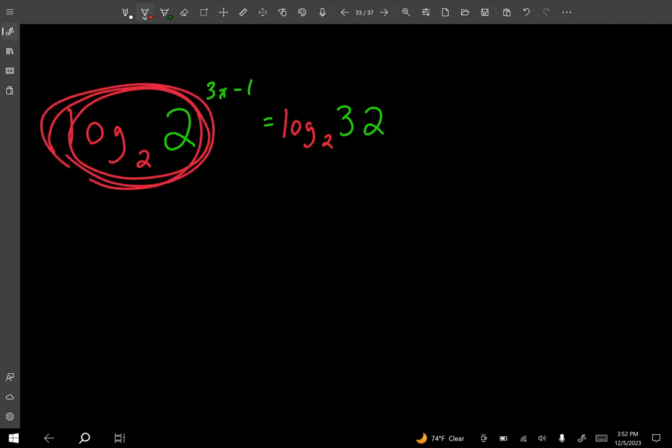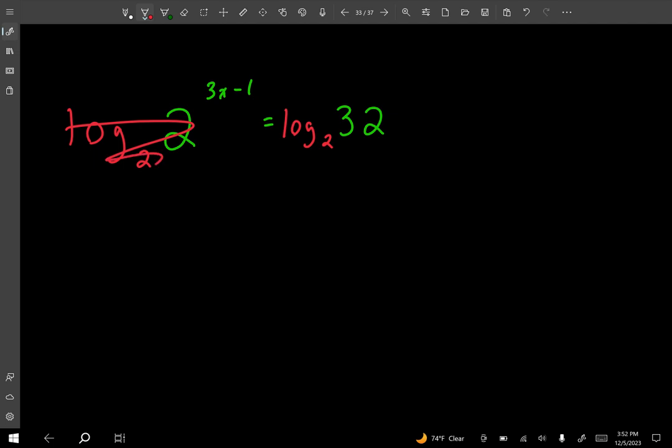Right? All that's gone. So we're going to cancel all this out. Gone. And what's left is just what's up in the exponent. So this is what's remaining. So I'm just going to bring it down. 3x minus 1